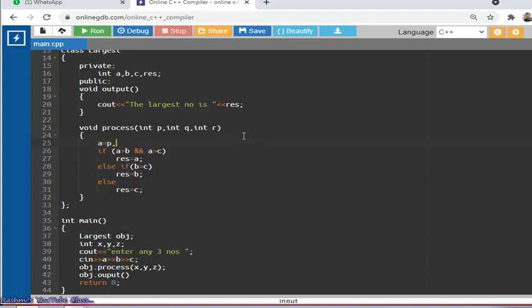P, comma b equal to what we have to write? Q, and c equal to r. Fine. Now these are public variables. We can calculate based on PQR also, but there won't be any data hiding concept, students. So as we are doing encapsulation, we have to properly do the encapsulation concept or data hiding concept.